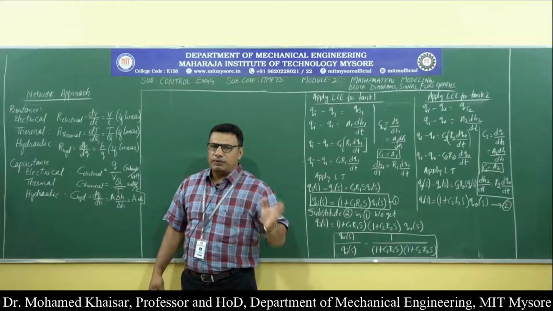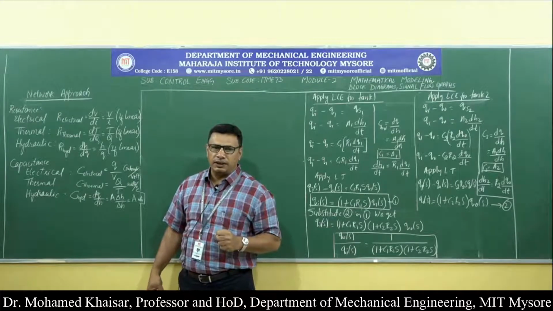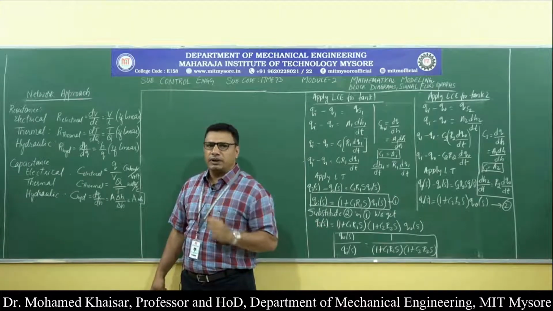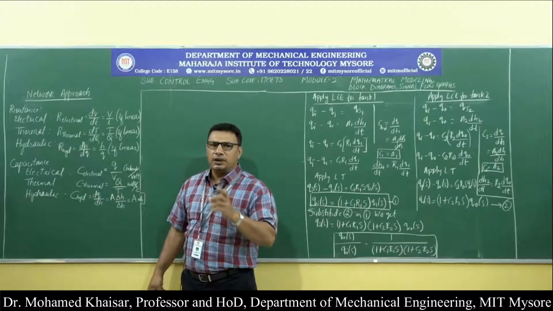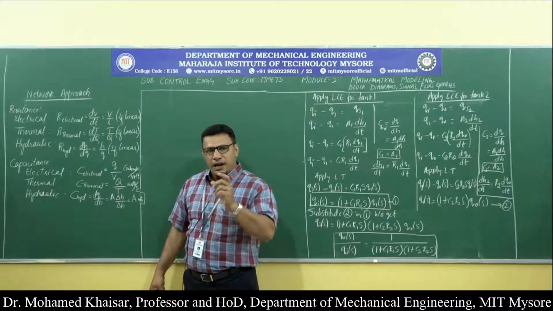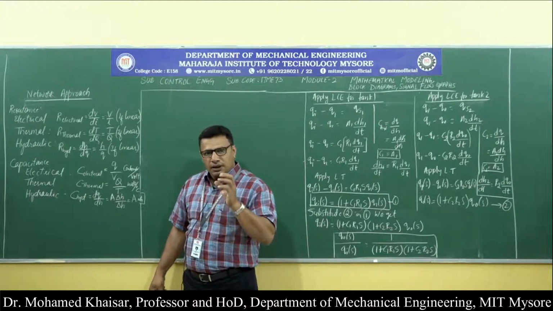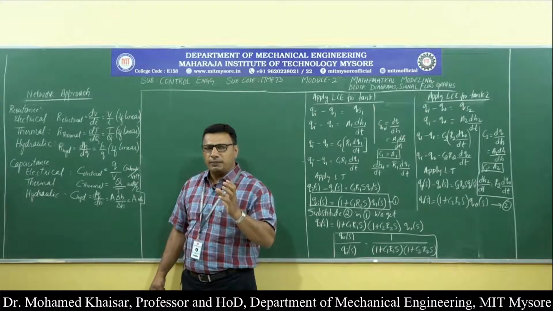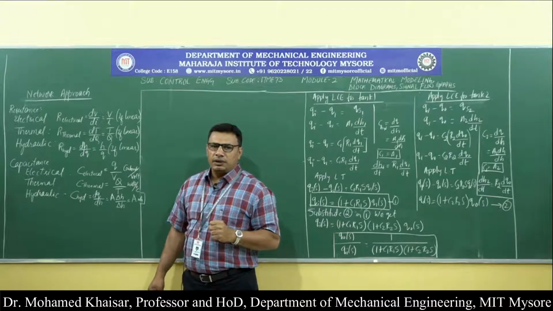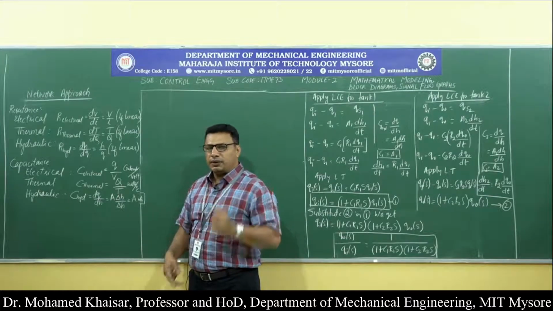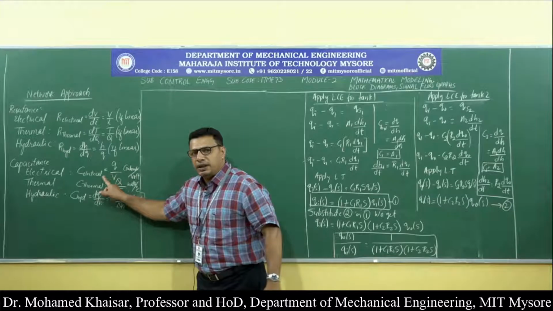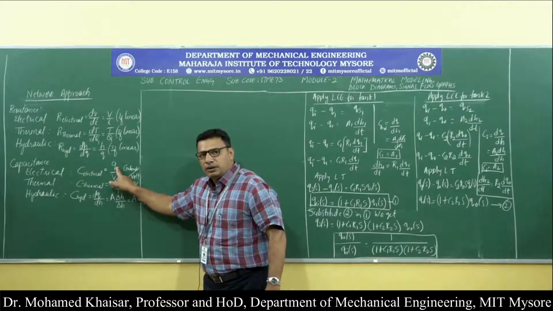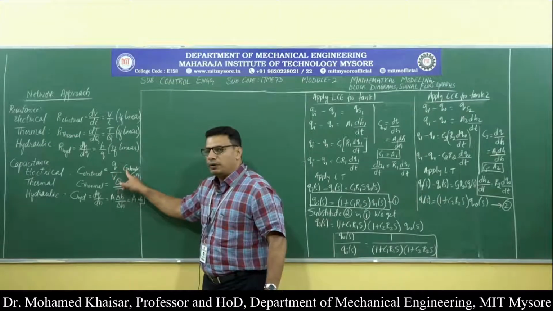If you recall the previous sessions wherein the electrical systems were analyzed, you would come to know that the voltage across the capacitor, considering Kirchhoff's law, is 1 by C integral of I dt. Then I is the rate of change of charges, the flow of charges, so I can be replaced by dq by dt. If you simplify that, you will arrive at the electrical capacitance given by Q by V, that is so many coulombs per